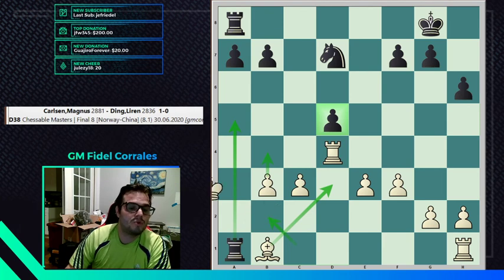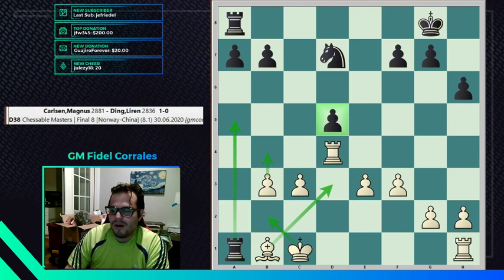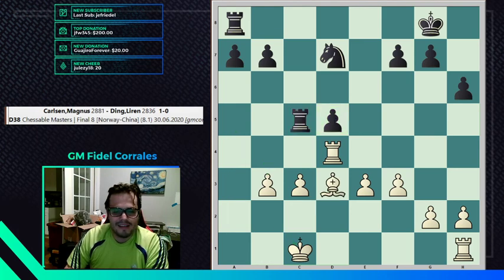After I play king b2, your rook is stuck, and then your pawn is weak. It's horrible. It's horrible. So black goes rook c5. I guess with coronavirus, the time doesn't even matter anymore, right? So king b2,